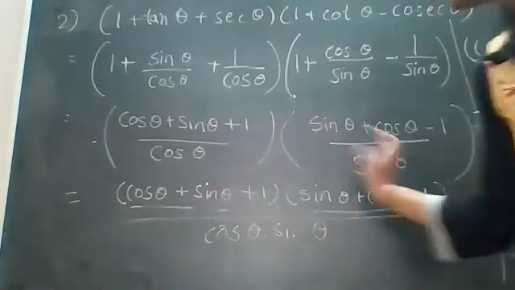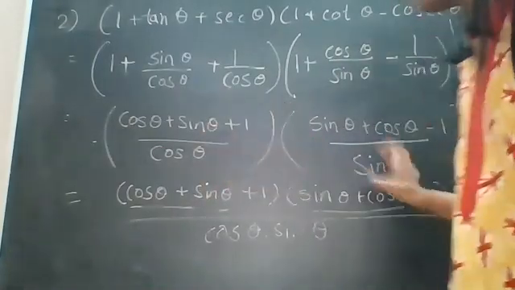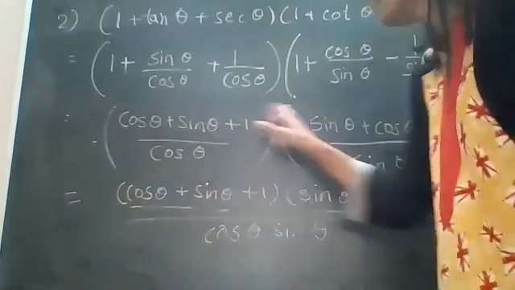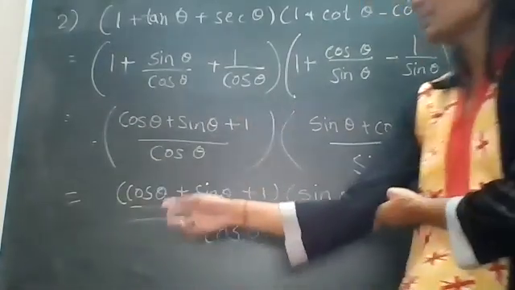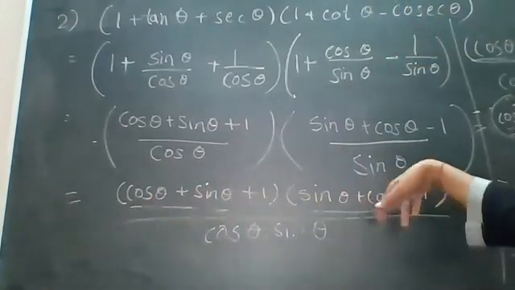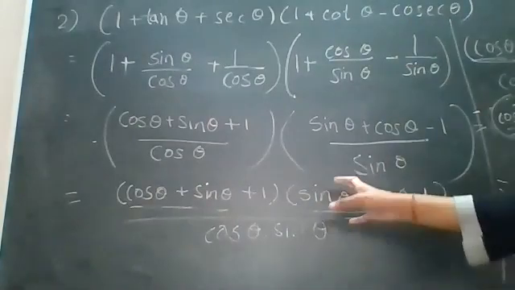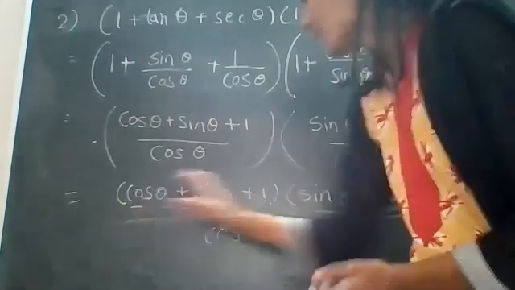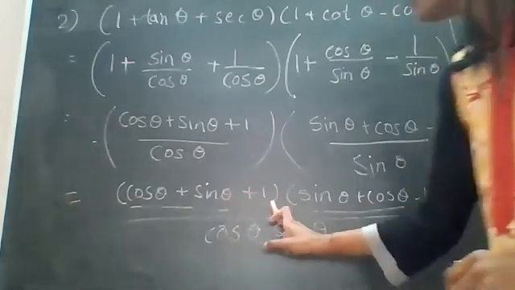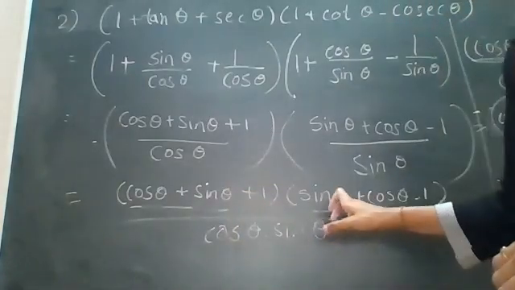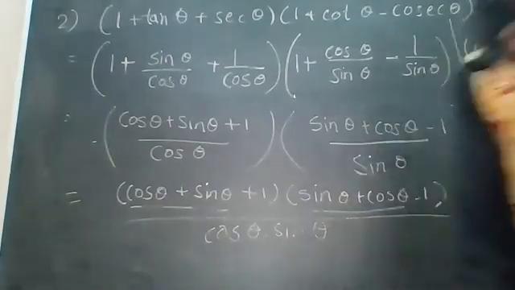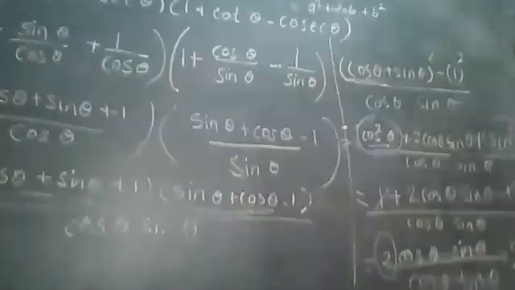Right? Now just multiplying, we are adding in a separate bracket. We got cos theta into sin theta as the denominator, and the remaining will come in separate brackets. Now here the same thing is there: cos theta plus sin theta and here sin theta plus cos theta. This is a rearrangement. So we assume this as A and here 1 as B. So it becomes A plus B and here A minus B. So we can write A square minus B square, that we have used over here.